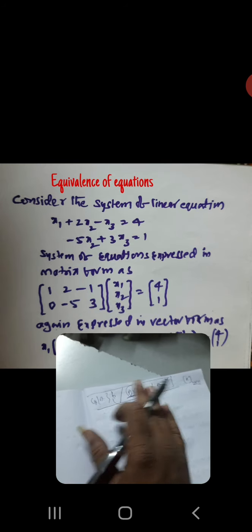This is the set of Col B, Col A. Col A is defined as the set constructed by B such that B is an element in Col A, when Ax is equal to B, and B is also an element of R power N. That is Col A. See, now you see